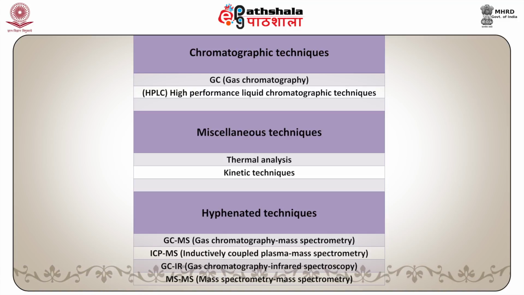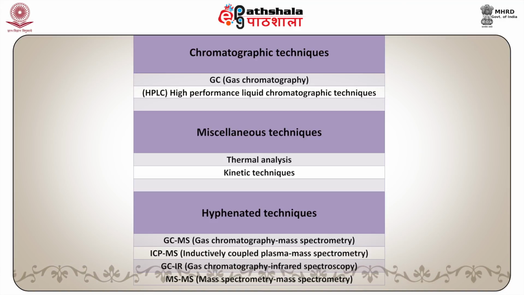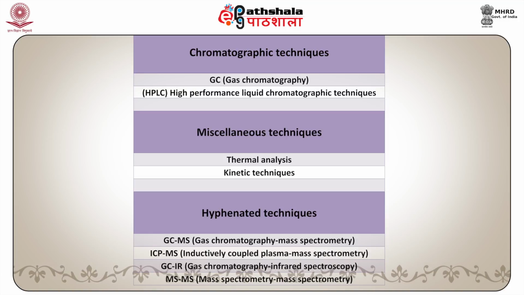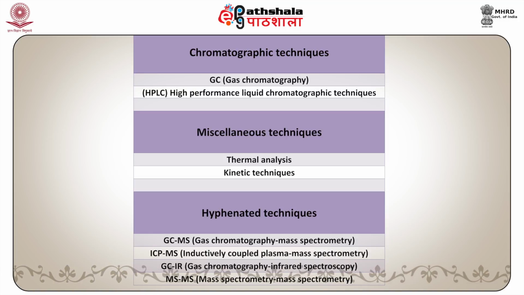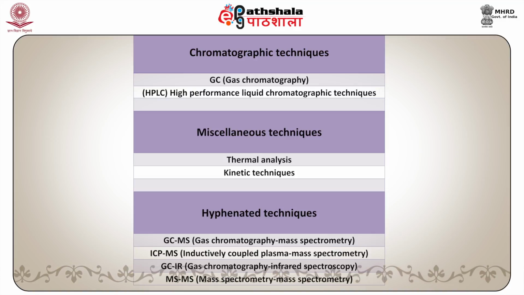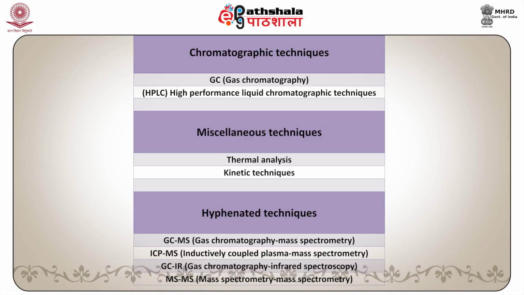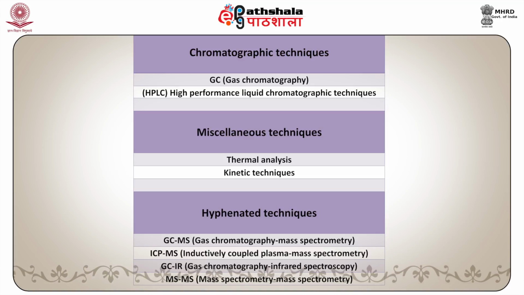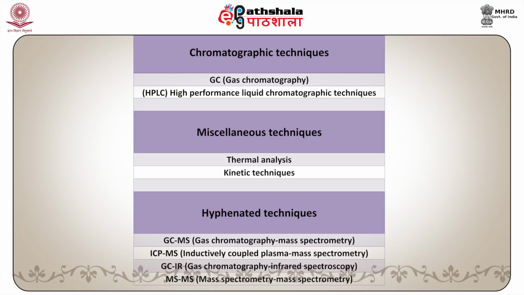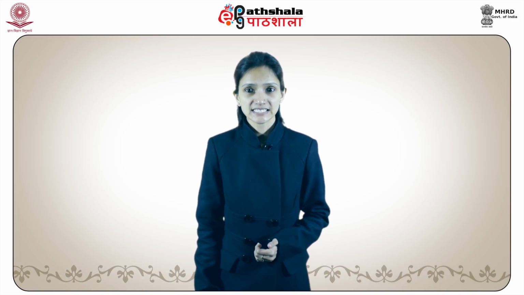Also, there are some hyphenated techniques like GC-MS, that is gas chromatography, mass spectrometry, ICP-MS, that is inductively coupled plasma mass spectrometry, GC-IR, that is gas chromatography, infrared spectroscopy, and also MS-MS, that is mass spectrometry, mass spectrometry. Advances in both chemistry and technology are making new techniques available and expanding the use of